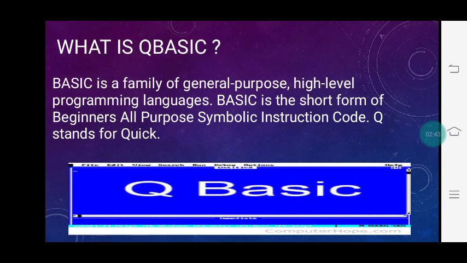All these are the different programming languages. Now, BASIC is the short form of Beginner's All-Purpose Symbolic Instruction Code. So Q stands for quick. So the full form of QBasic is Quick Beginner's All-Purpose Symbolic Instruction Code.